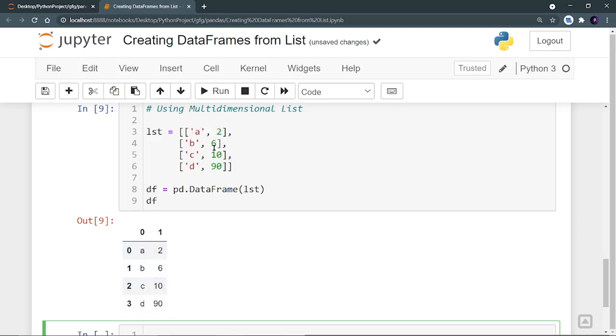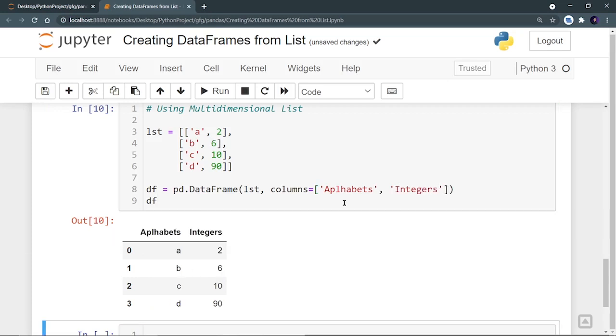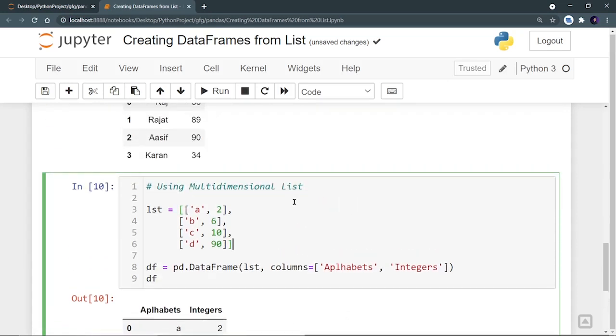Second elements of all the lists will form my second column, and like this, third elements of all the lists will form my third column. Now I want to rename it. So let's give it columns parameter, and in the first I'm going to say alphabets, and the second will be integers. Let's run it. So alphabets and integers, right? So we have covered the third method also, that is using multi-dimensional list.